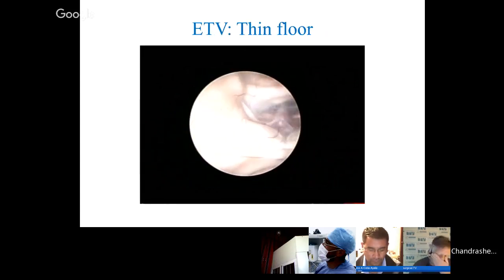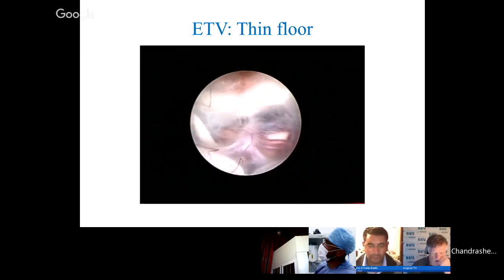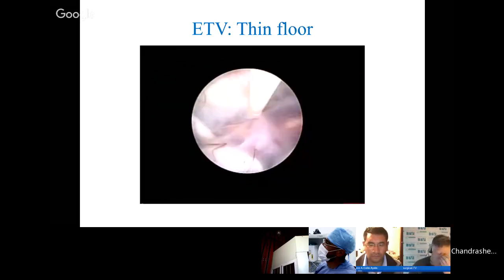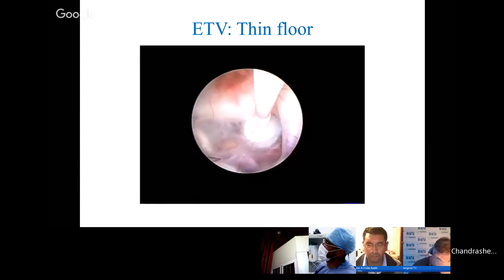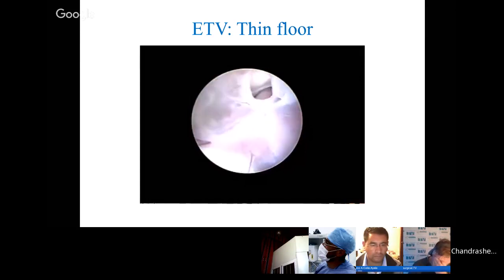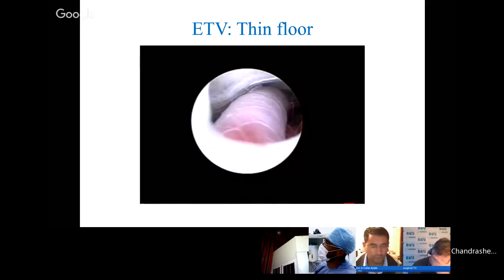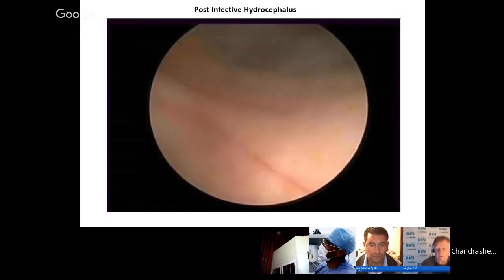Sometimes there is a problem in a thin floor. This is a very thin floor. You can see the basilar artery quite well. All the perforators are seen. But in such a patient, I am having difficulty making a hole, because it is too resilient. It is just trying to sort of go along with my opening, and it takes persistence, and eventually I have opened it. If you have a stylet in your Fogarty balloon catheter, you can use that itself. You don't have to use any other instrument. And here the second membrane fortunately is not so important, and I have got a good opening over here.